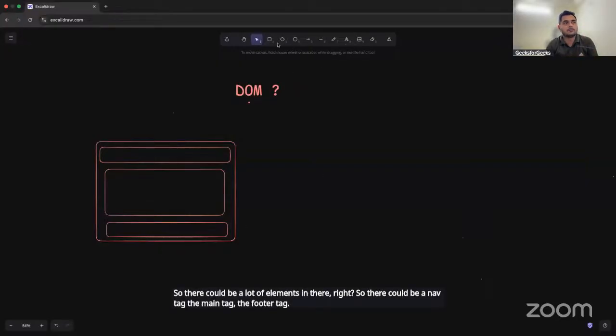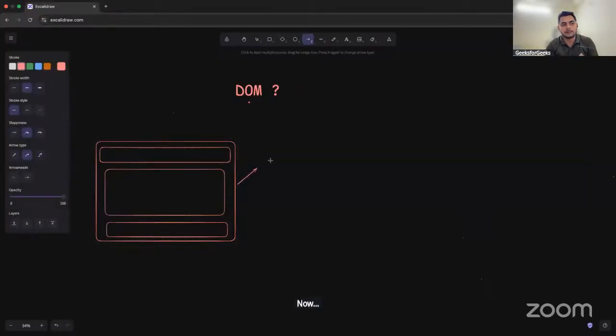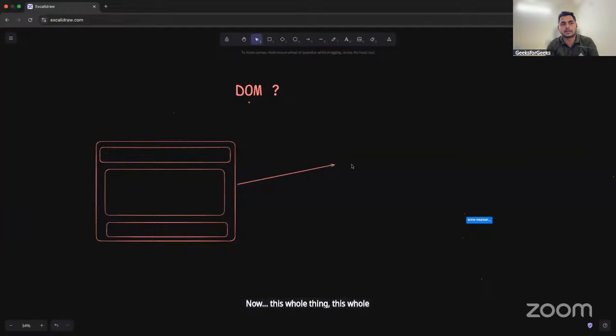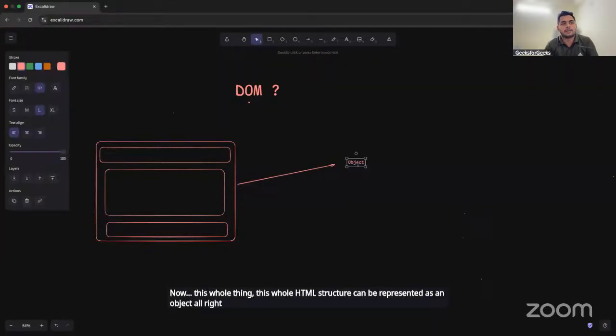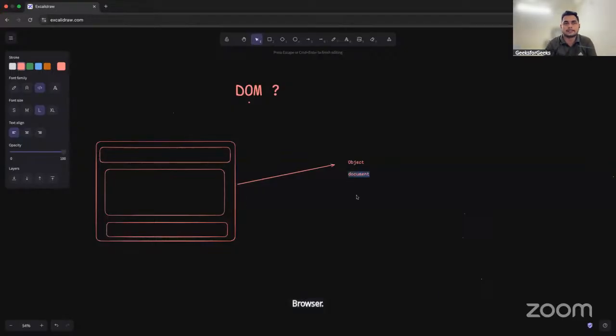Now this whole HTML structure can be represented as an object, and this object is represented by the Document Object Model called DOM. It can be accessed inside the browser with this keyword,